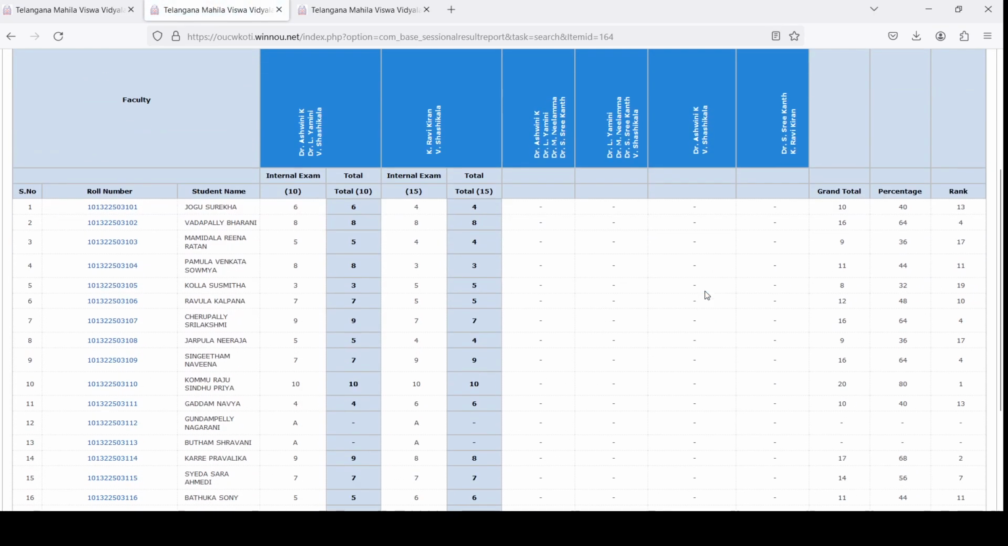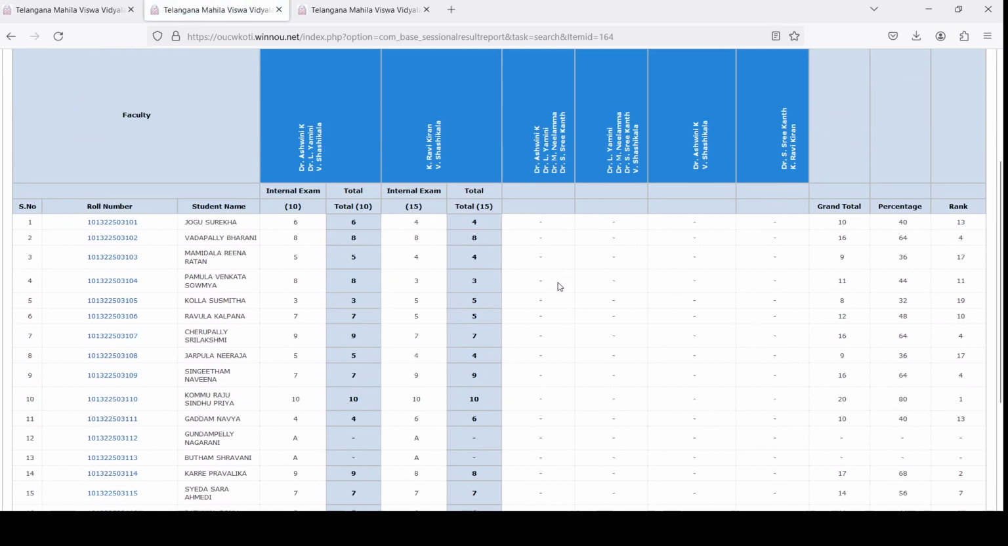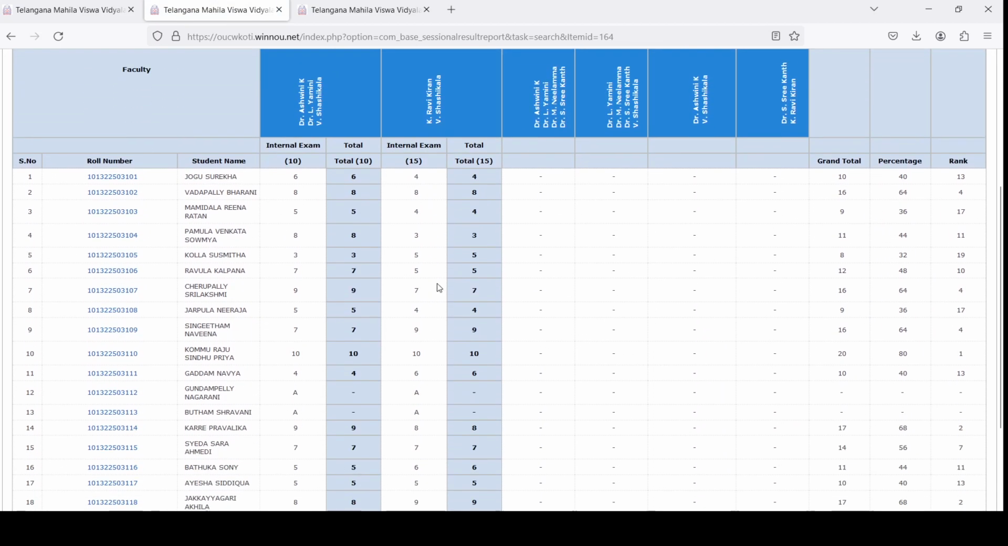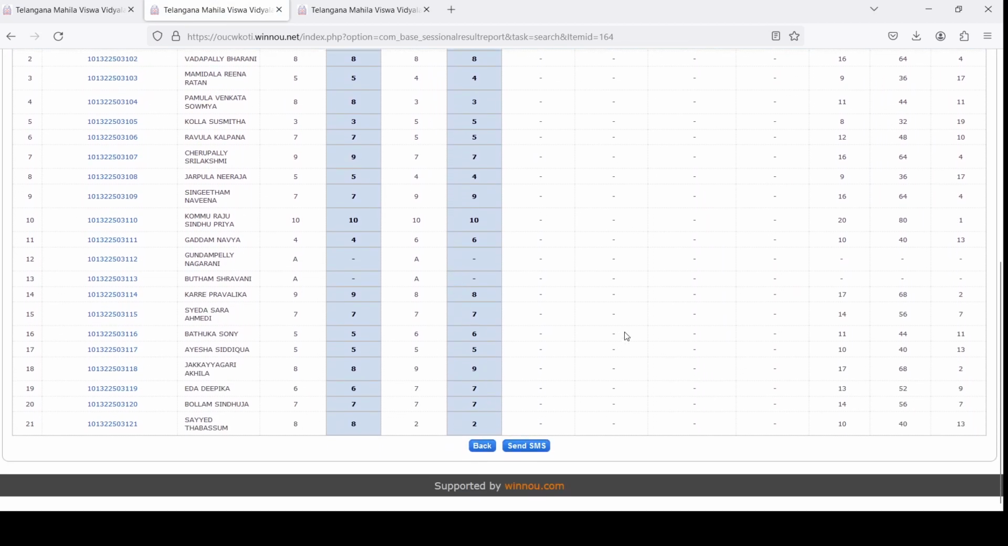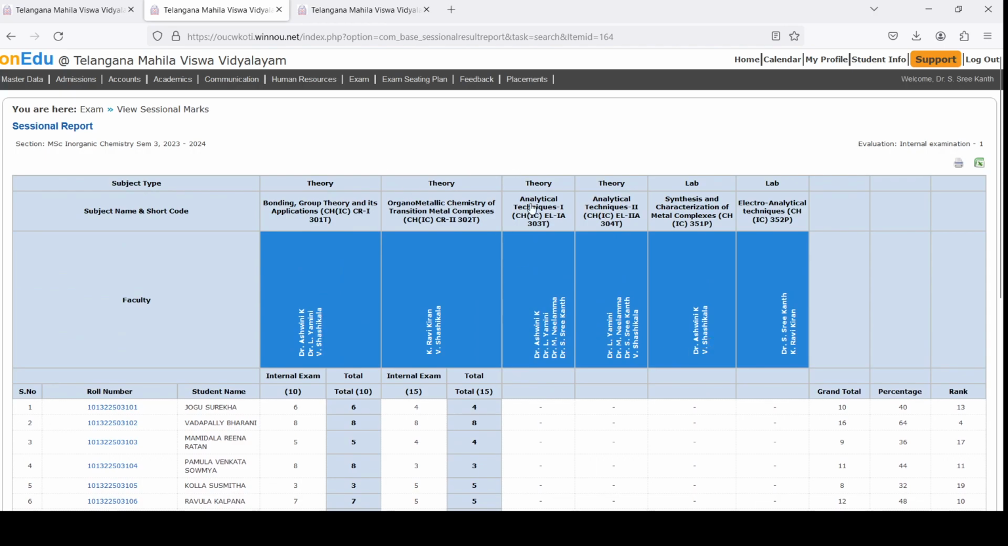It will show the marks that you have entered, right? So I have entered for this particular paper. Now I have entered, so you can see the marks being entered for it, right? So this is how you can enter the